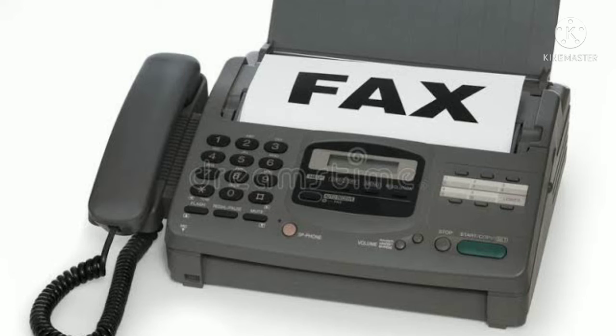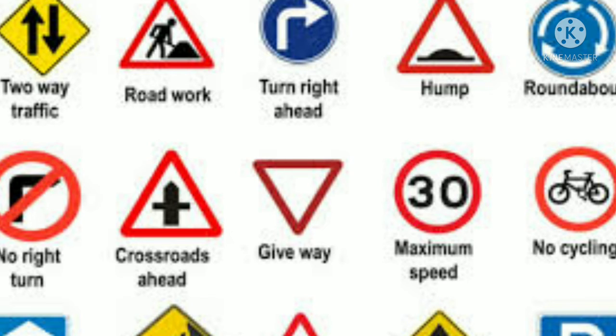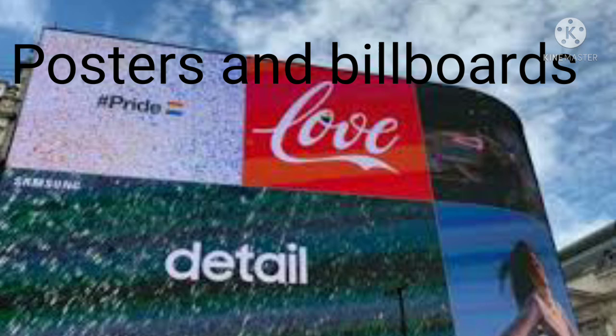Fax. The fax machine. This is a message or any message sent on the fax machine to another person through a telephone line. The road signs. These send messages to the road users, whether to hold on before crossing, to go on, or to stop. The posters and billboards, these are used to educate and advertise products. Letters too. Letters are sent through the post office, and these are used to communicate. Now that we have talked about the traditional and modern means of communication, you will be learning